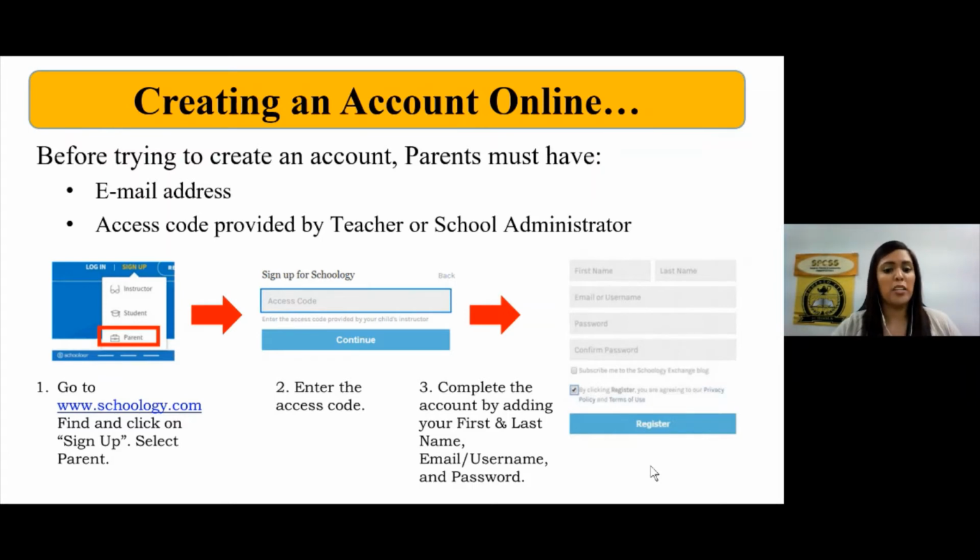So if we look at number 1, first step is to visit www.schoology.com. We're going to find and click on the sign up link at the top right-hand corner of the page, and then we're going to select out of the 3 options there, we're going to select parent. Once we've done that, it'll bring us to a second screen. This second screen will ask us for our 12-digit access code. Okay, so this is what the school has mailed out to your homes. Once you enter that 12-digit access code, you hit continue in the blue box, and you'll be taken to our